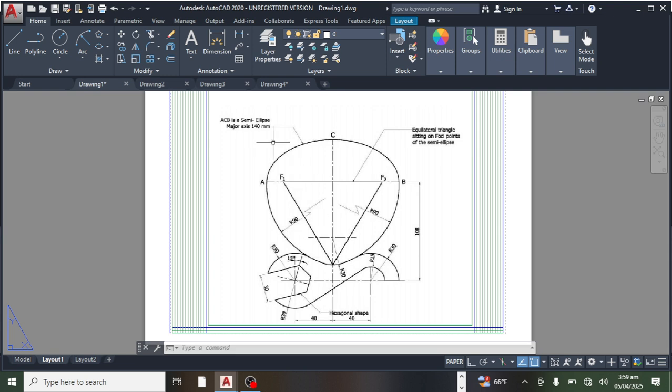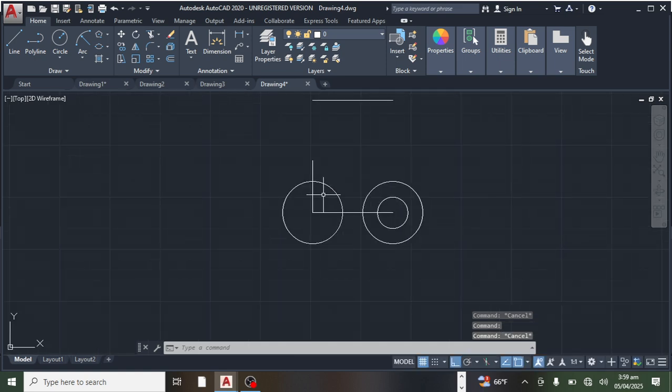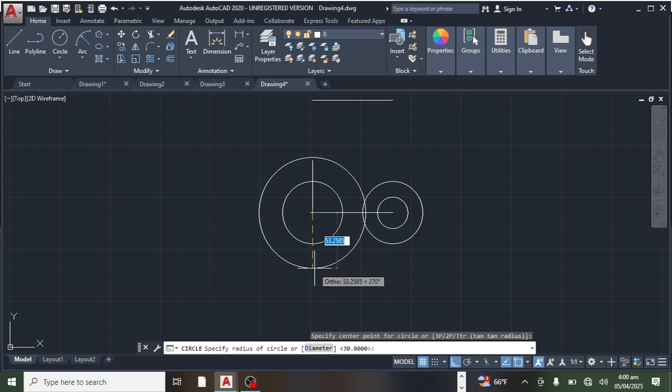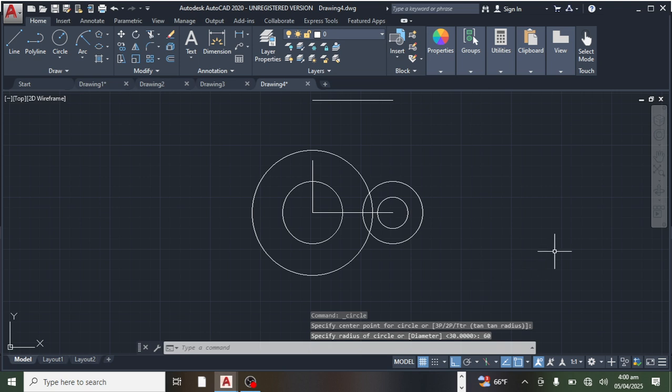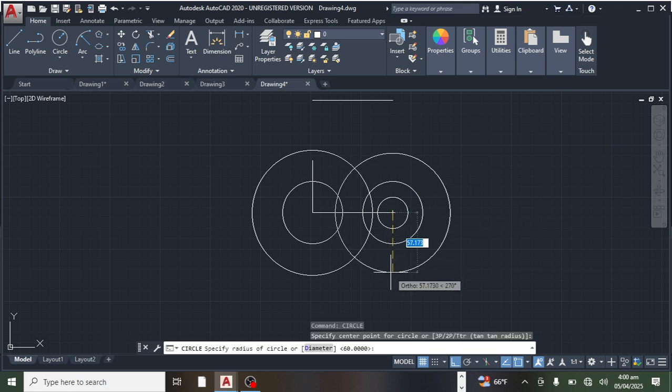If you want to make your life complex, you just have to do this. You add the radiuses, which is 30 plus 30, giving 60. You draw the circle which has the radius of 60 here, 60, enter. Also we repeat, 60,